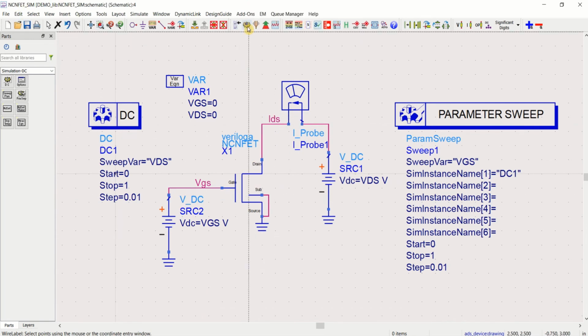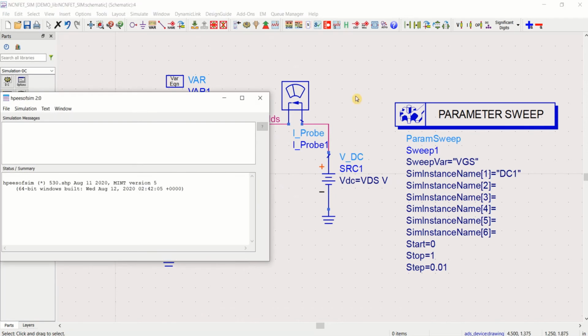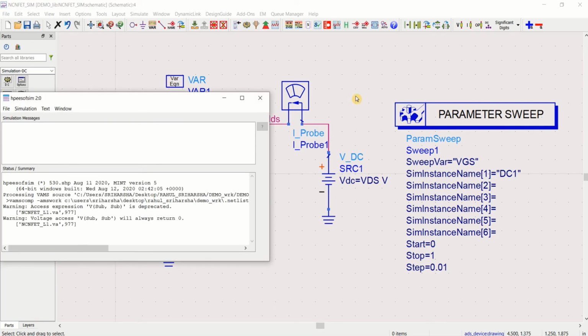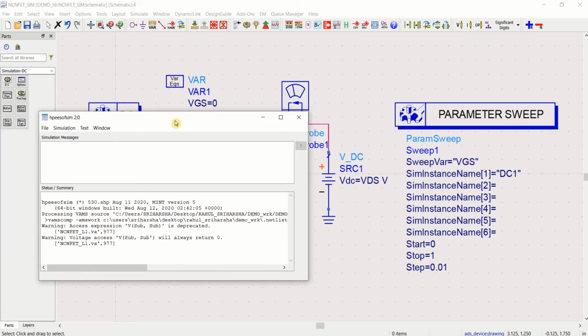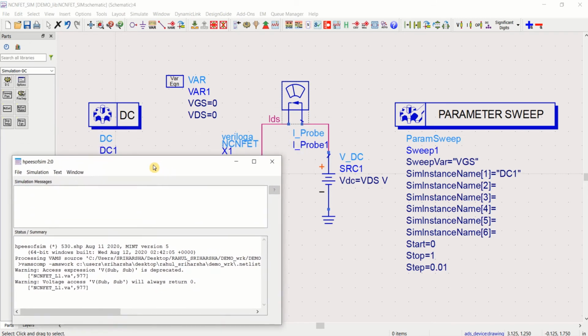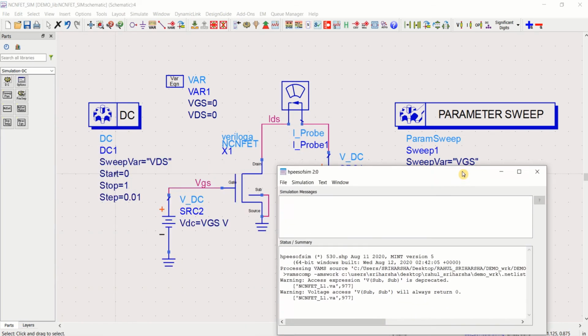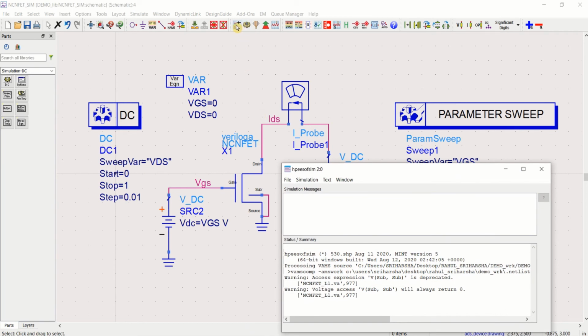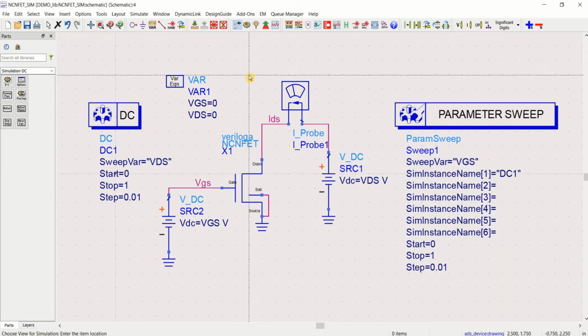Save the design. Click on this, simulate. The important step is you have to choose the view as Verilog-A view. That is by going into the selection of this.